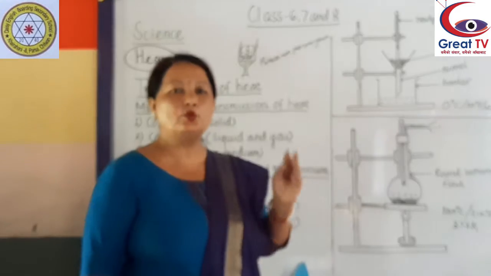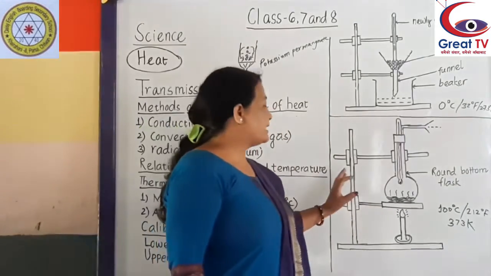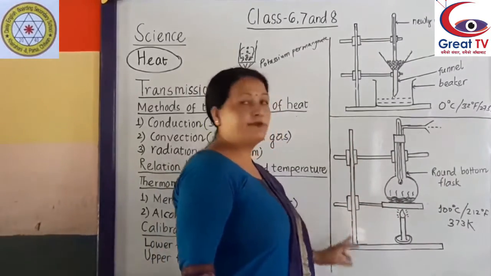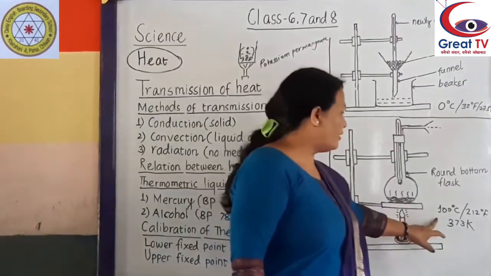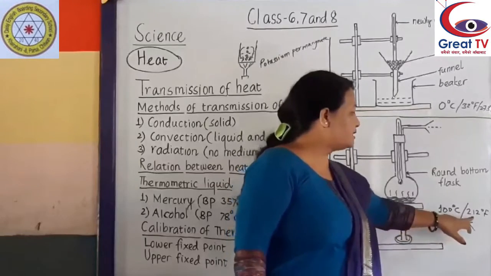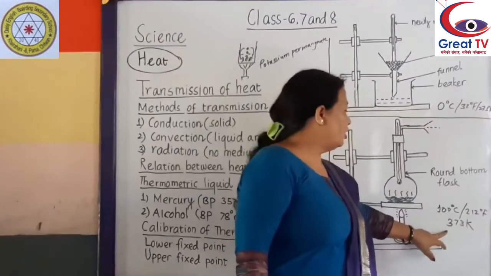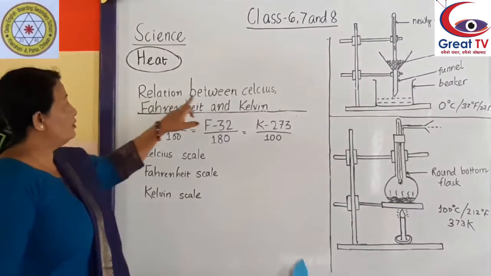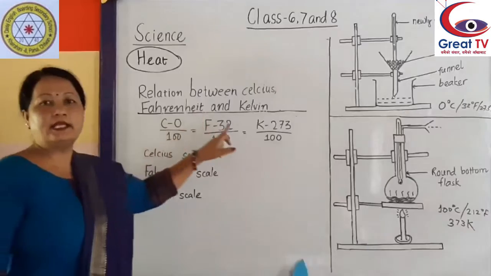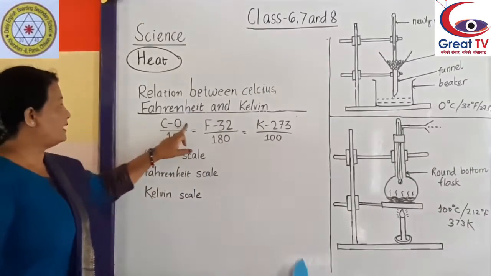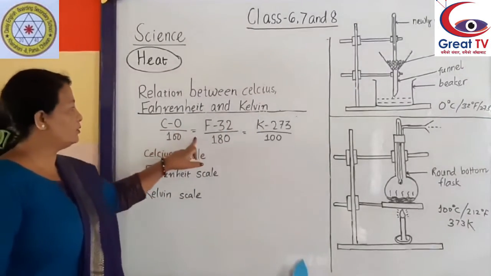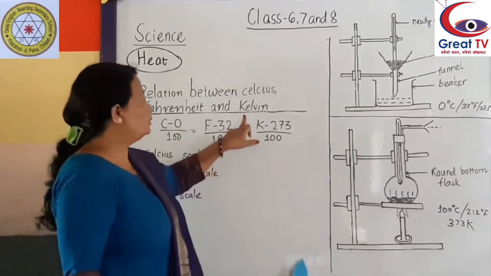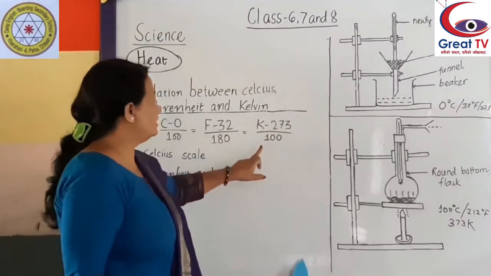The point at which pure water boils at the standard atmospheric pressure is called the upper fixed point. That is, the value of the upper fixed point is 100 degrees Celsius, 212 degrees Fahrenheit, or 373 Kelvin. The relation between the Celsius, Fahrenheit and Kelvin scales: (C minus 0)/100 is equal to (F minus 32)/180 is equal to (K minus 273)/